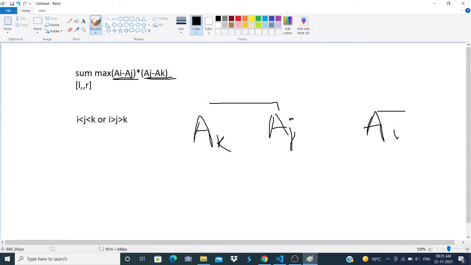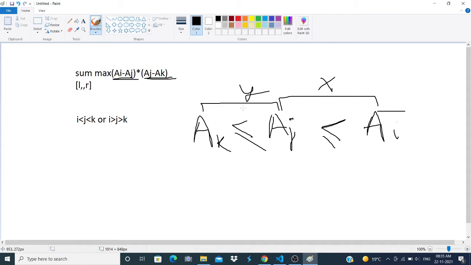So if we choose the indexes in such a way that ak is lesser than or equal to aj, and aj is lesser than or equal to ai, then ai minus aj will essentially mean this difference, let's call it x, and aj minus ak will essentially mean this difference, y.